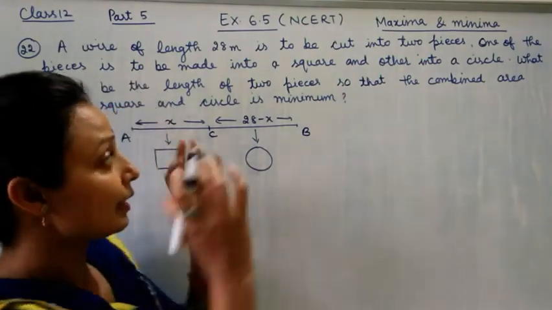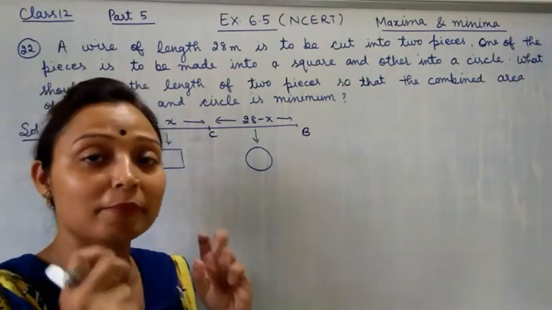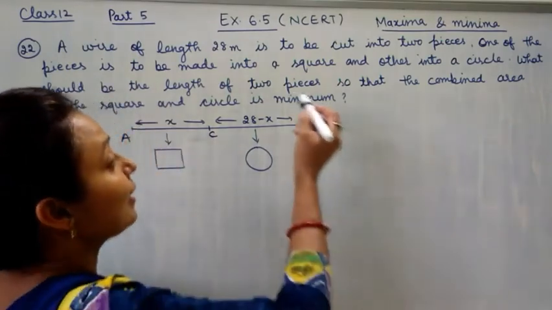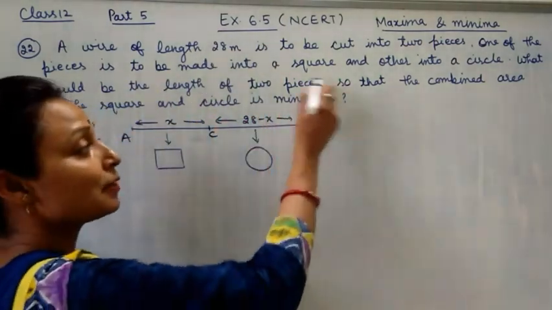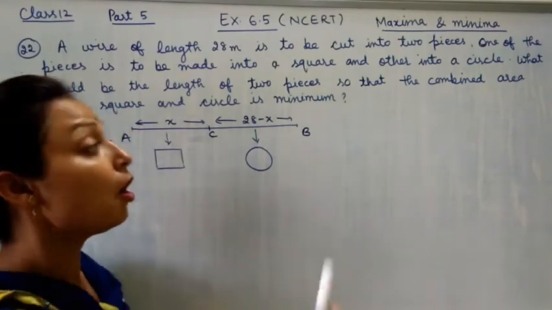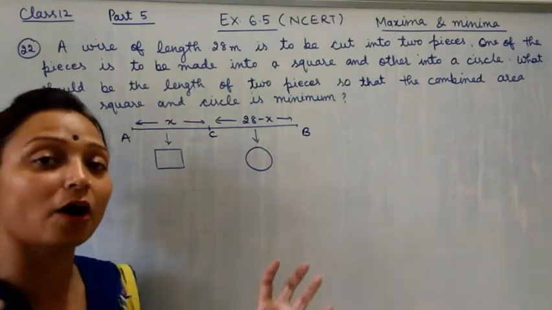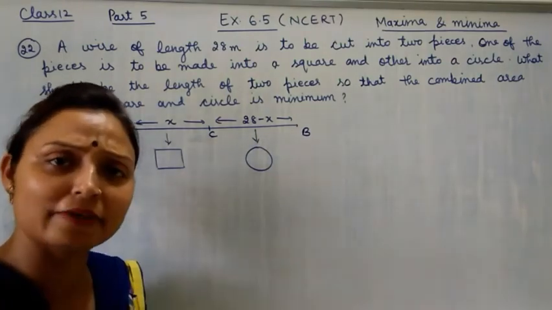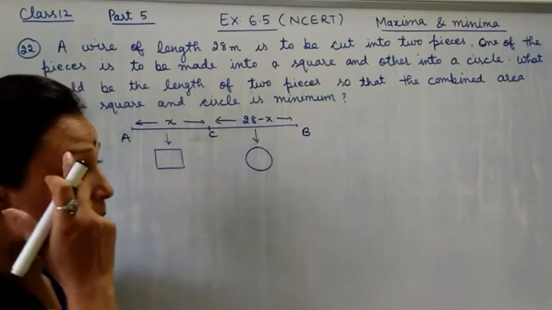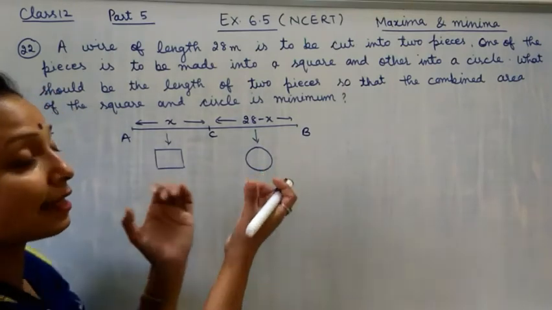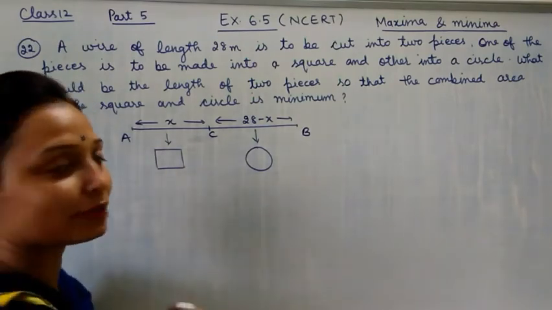First of all, we have to make the function. On which statement? So that the combined area of the square and circle is minimum. That means we have to find the minima of the combined area of square and circle. We take the area of both together and do the derivative, and everything depends on that function. For making that function, I have to use the circumference and perimeter to change the expression into one variable. How? So let's start with the question.